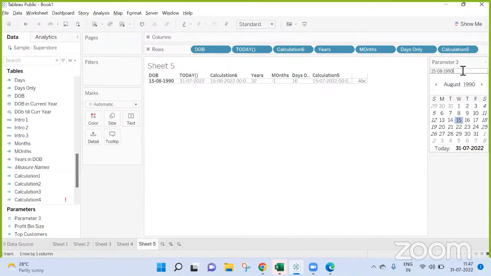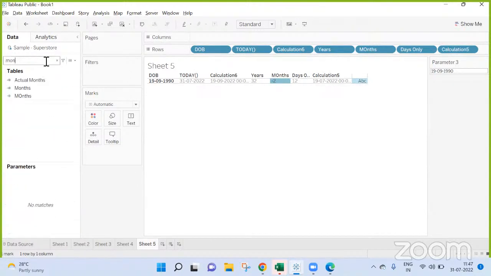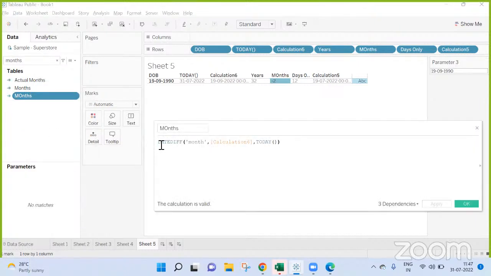If you see here, I have crossed my today. So there is a problem with months when I have crossed. So let us go to the months one.